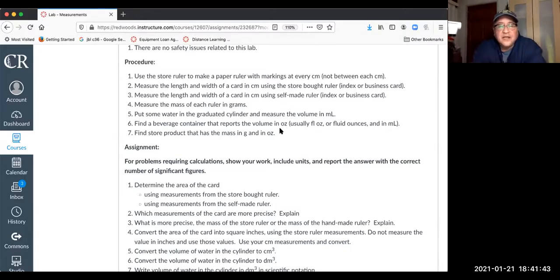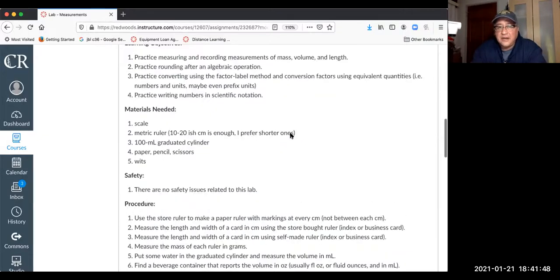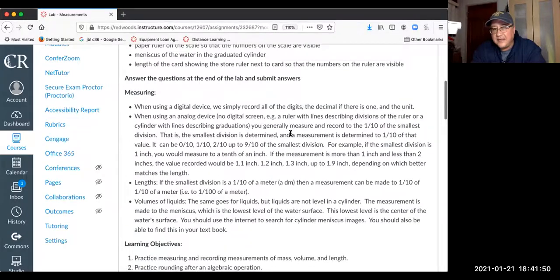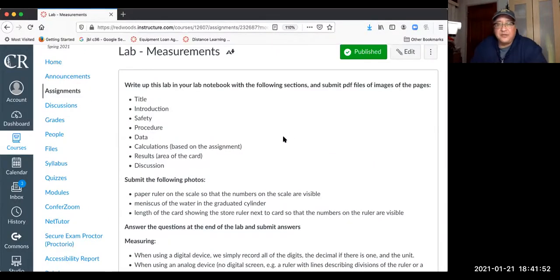So we do have to write a procedure in our lab write-up. You can see the procedure here. Now, in this case, the procedure is pretty rigid. So you can write the procedure out before you even do it. And you can write it in your lab notebook, and you have confidence that this is what you're going to do. There are some labs where the procedure may differ from what you actually write down or are prepared to